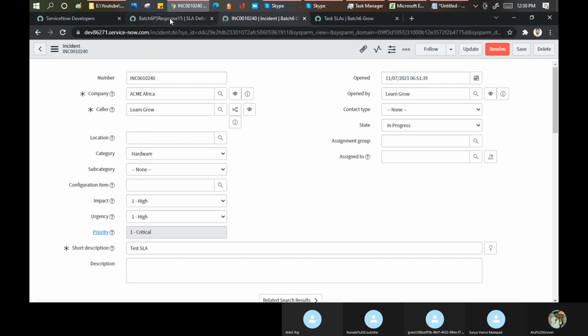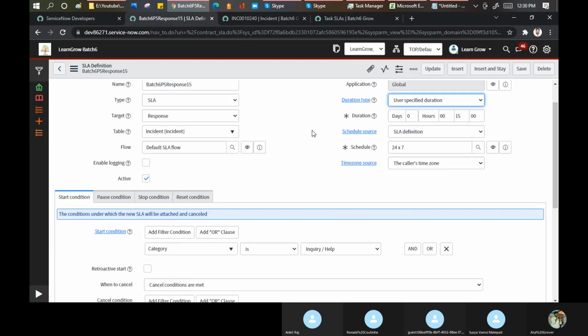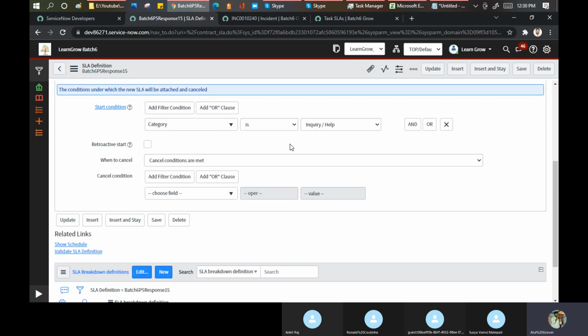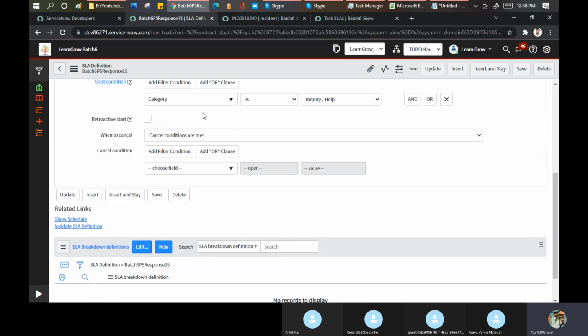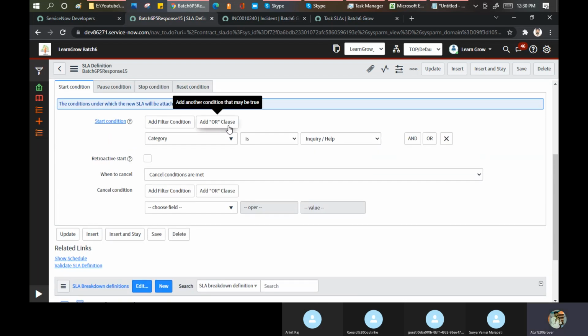You haven't specified a cancel condition? Correct. I did not put any specific thing here about when to cancel. I say cancel when cancel conditions are not met, but what condition should not be met, that I did not define. So always remember what I said in the beginning: SLA only works on condition matching. There is nothing besides that. If you know the condition, you will be the master here. I say cancel when cancel conditions don't match, but I did not define the cancel condition.